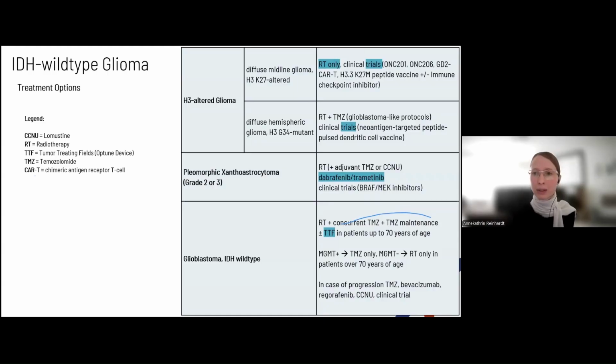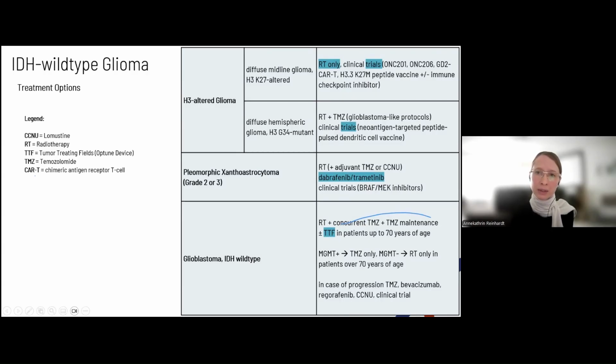And now I would also like to refer to the therapy and to some differences in these entities we have discussed so far. The first entity is the diffuse midline glioma, K27 altered. Here it has been shown that temozolomide is not very efficient, and that is why radiotherapy only is given to them in Germany. But there are also a lot of clinical trials referring to